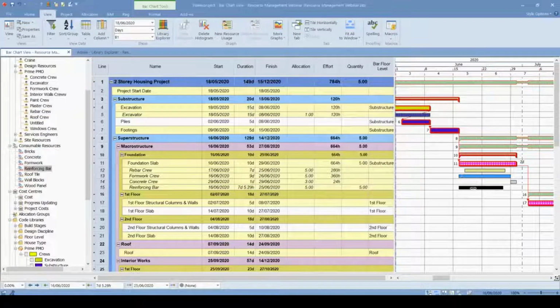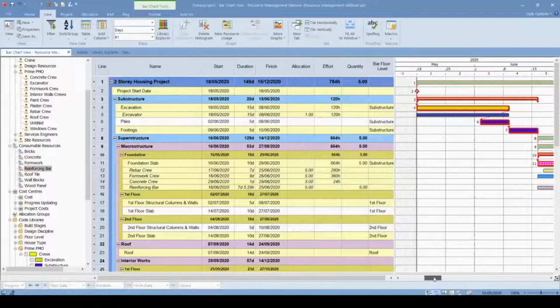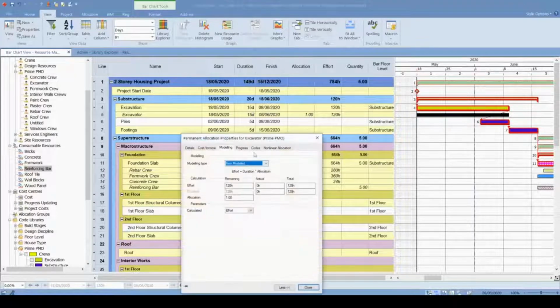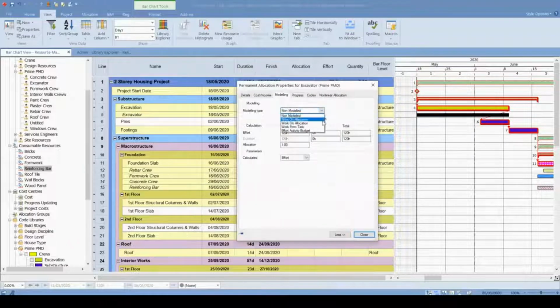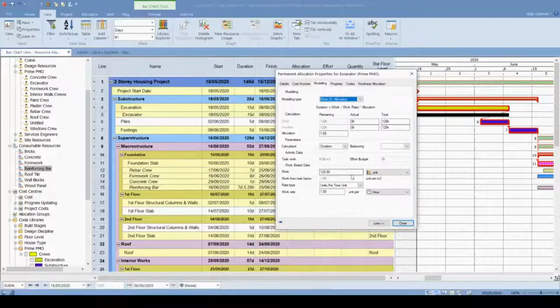But another thing is we can use it for an excavator, for example. So we have allocated an excavator to a 15-day activity, and it is a non-model type, which means this resource is being used while this activity is in progress. But if we select work on allocation, this time we need to input the quantity of this excavation work into my resource again. So we can determine the number of units, for example,